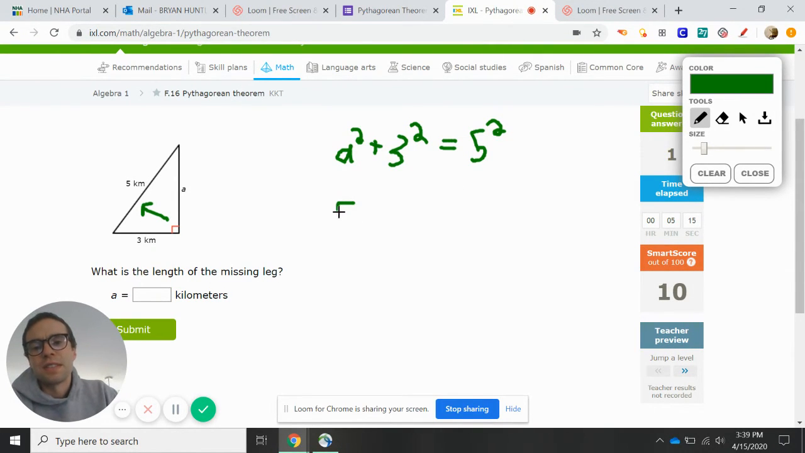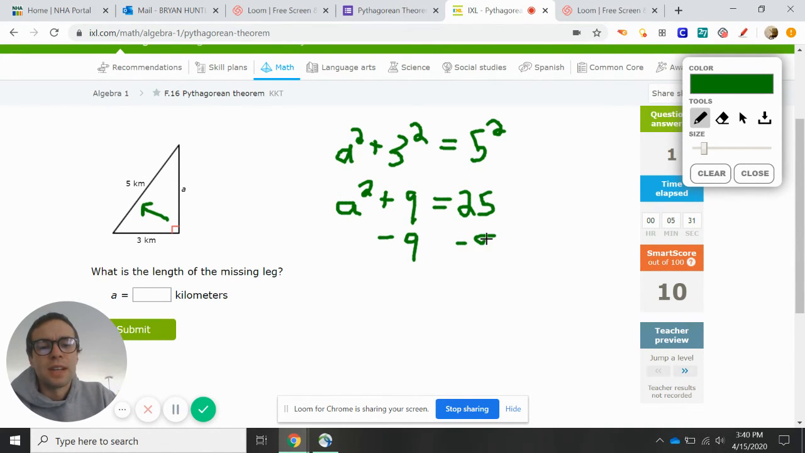So then we solve this. So this is A squared plus 9 equals 25. And at this point, we would subtract 9 from both sides to get A by itself. Subtract 9, these cancel out. A squared